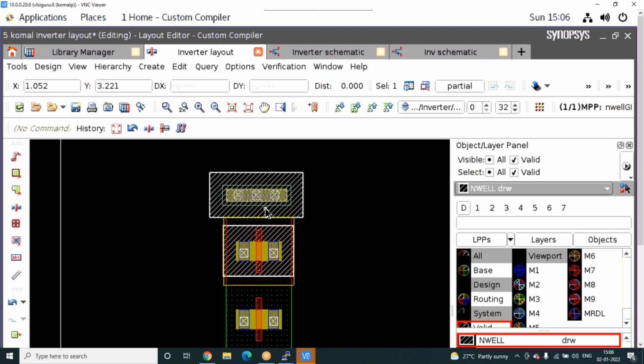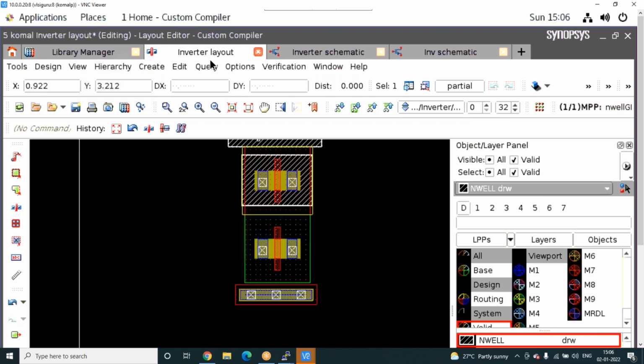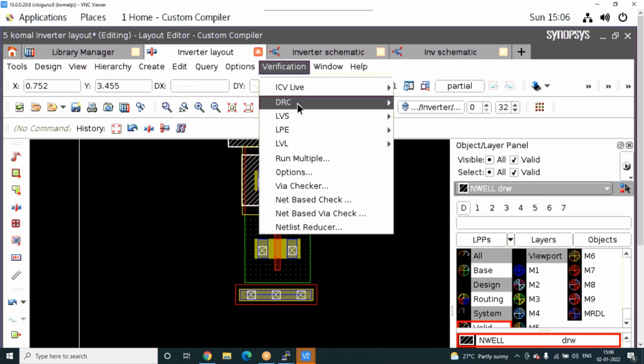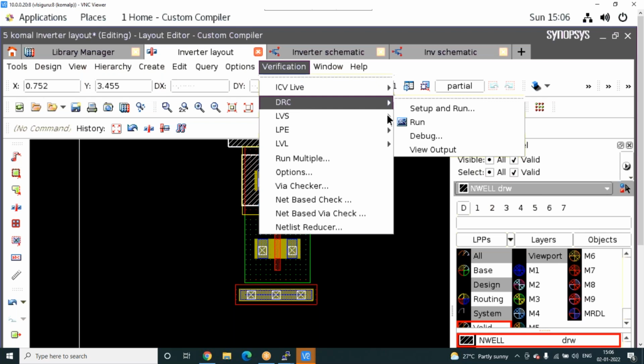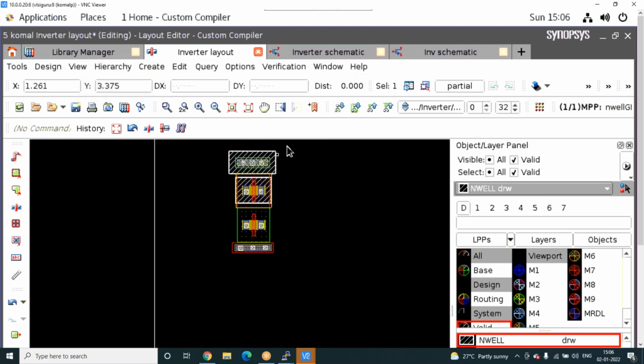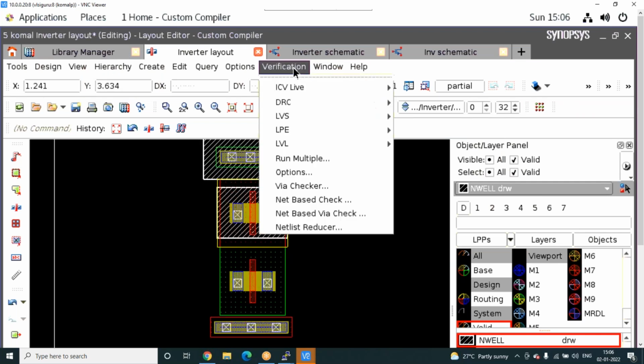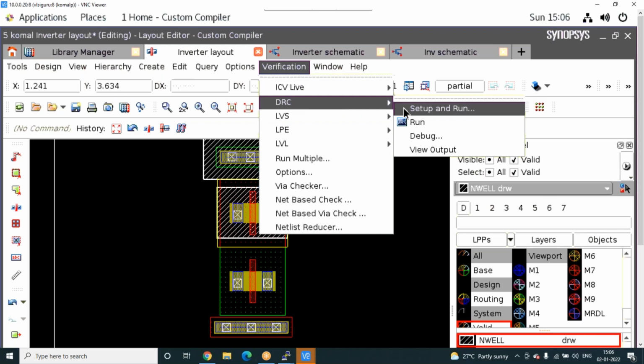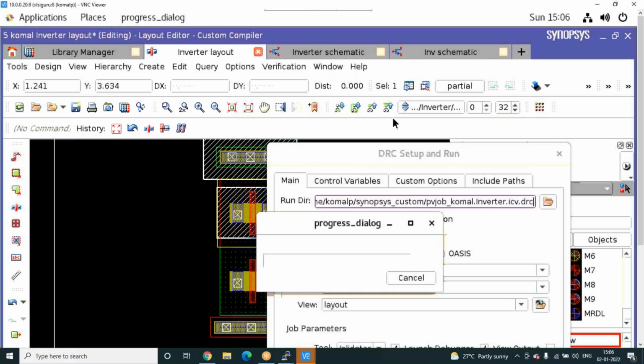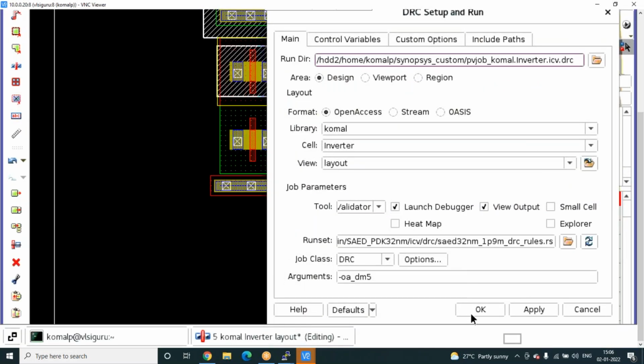So this is about source and body. Now next, how will it be arranged? You will learn DRC, whether it is correct or not. This is the DRC, you will check. I'll tell you the placement. Placement means, after running DRC, you check whether this is correct or not. If you find any error, you have to clean that. Okay, let's run this DRC.